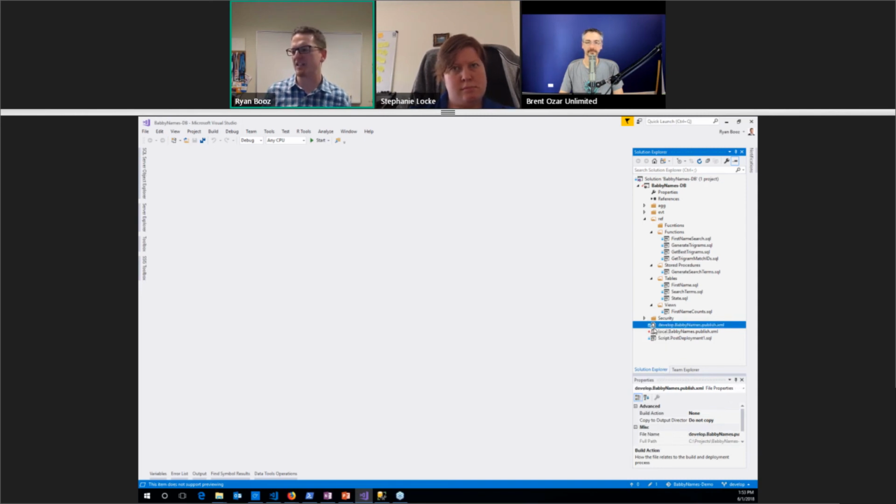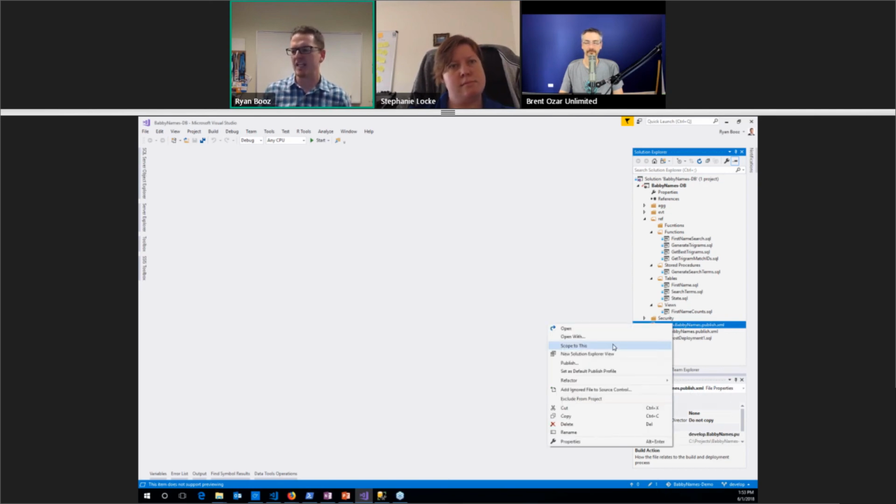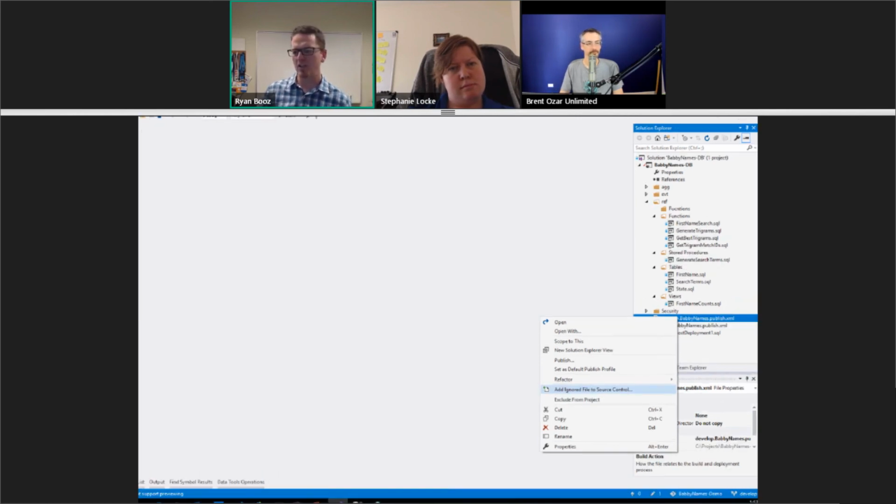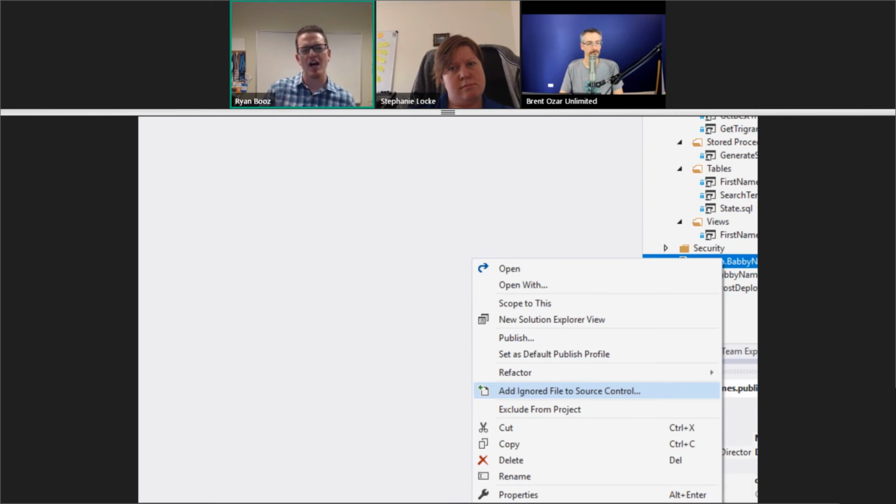And I reference that deployment profile so that I get that consistent deployment. And the one thing that's interesting here, for some reason in source control, I think it's the git ignore file that comes by default, they are ignored by source control, so these are not included by default. So there's two things that need to happen here with these deployment scripts. First, I need to include them in source control.